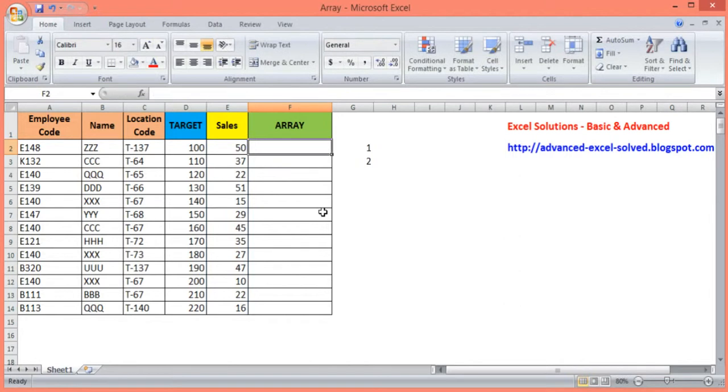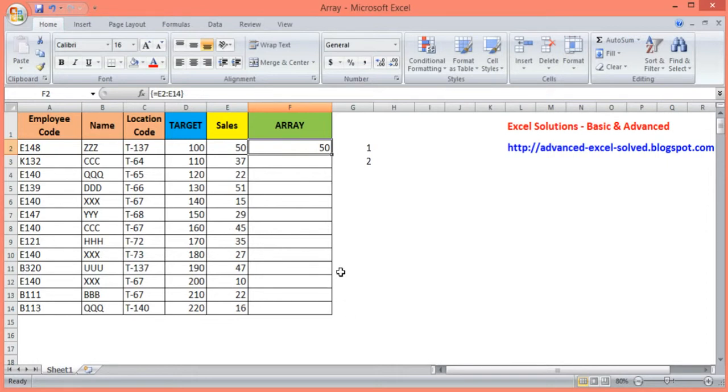Before that, I want to show you how an array is written in Excel. It is nothing. You write an equal to, select the array range, and simultaneously press Ctrl, Shift and Enter. That's it. You have created an array. Look here. An array is always covered by curly braces.